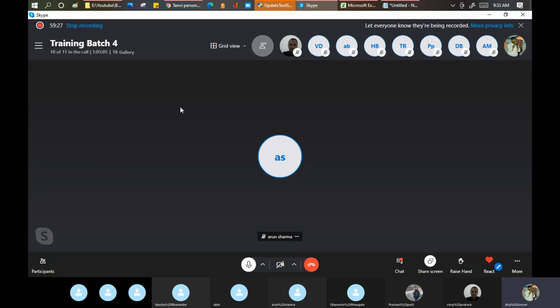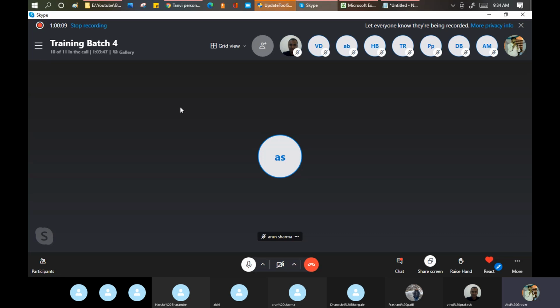Arun, Aishwarya, Dhanashi, Prashant. How often does this rollback happen? I mean, according to you, because you have so much experience in this. If you are doing a rollback very frequently, you are not a good developer. Simple. Rollback is not bad, but if you are doing more rollbacks, it means your code is not perfect, not tested properly in the dev instance. Okay.